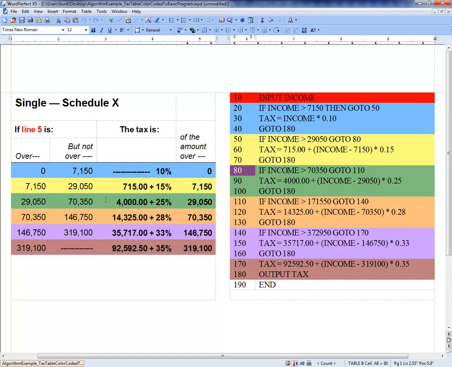Okay. So now at line 80, we take that $30,000, compare it to 73,050, and find out, no, it is not greater than 73,050. Therefore, we do not go directly to line 110. Instead, we fall through to the next instruction, which is line 90. And line 90 implements this formula,